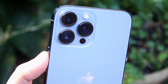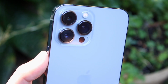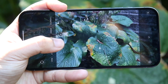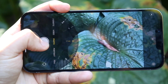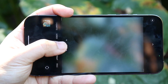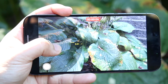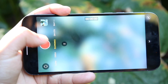But another big thing to keep in mind, from me comparing the 13 Pro Max to the 12 Pro Max and the 13 Pro Max to the 11 Pro Max, I couldn't really see too many differences, even though I've already filmed so many camera comparisons with these things. You could tell some differences, but for someone like me who doesn't really use their phone as their primary camera, I use it just basically for Snapchats and TikToks and Instagram videos and stuff like that, this is perfectly fine, but also my iPhone 10 is perfectly fine too. So I think Apple kind of overhypes it and makes you think that this is the greatest